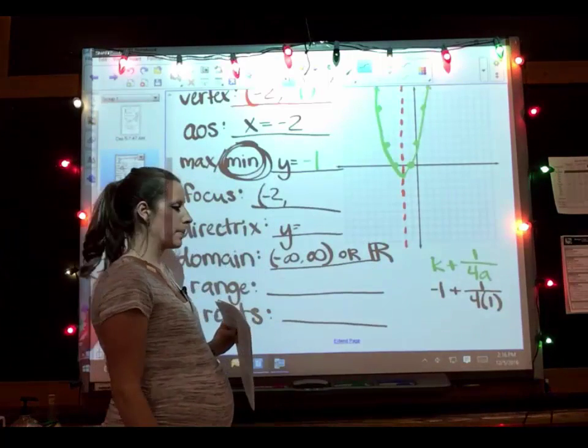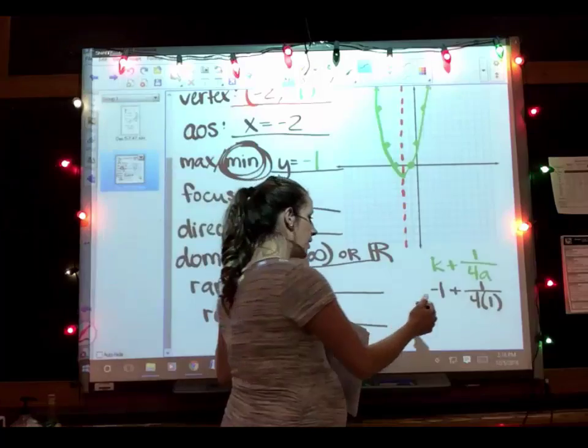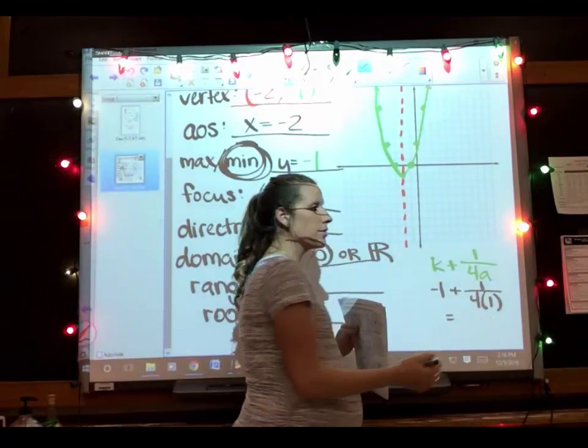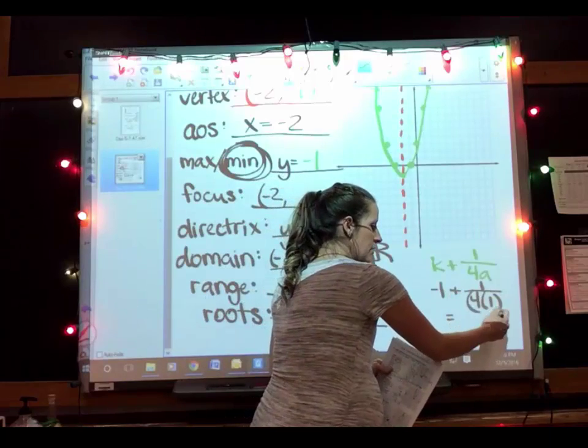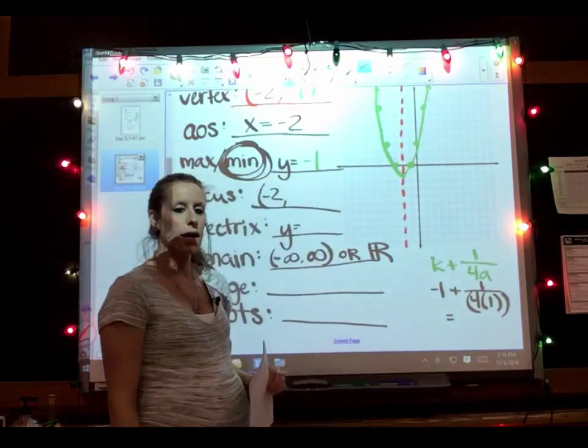And you can put it in your calculator. Make sure if you put the whole thing in, even the 4 times 1, you have it in parentheses, or else it will be wrong. You have to put that whole